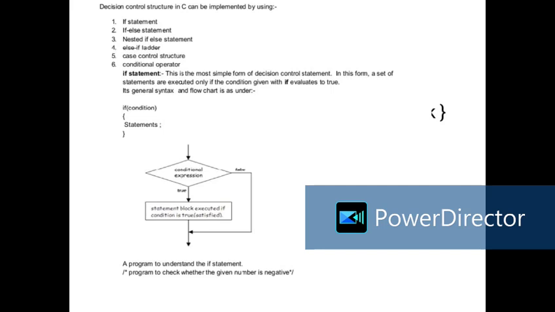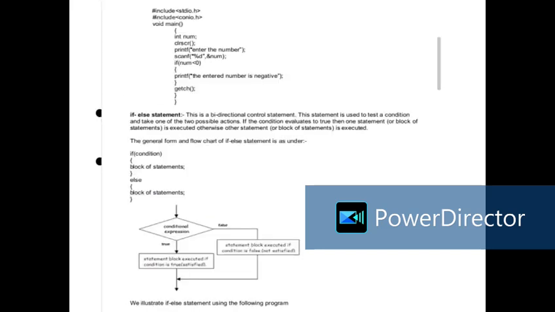If statement. The simplest form of a control statement is the if statement. If executes a block of code if a specified condition is true. Example: int a = 10; if (a >= 0) { printf("positive number"); }